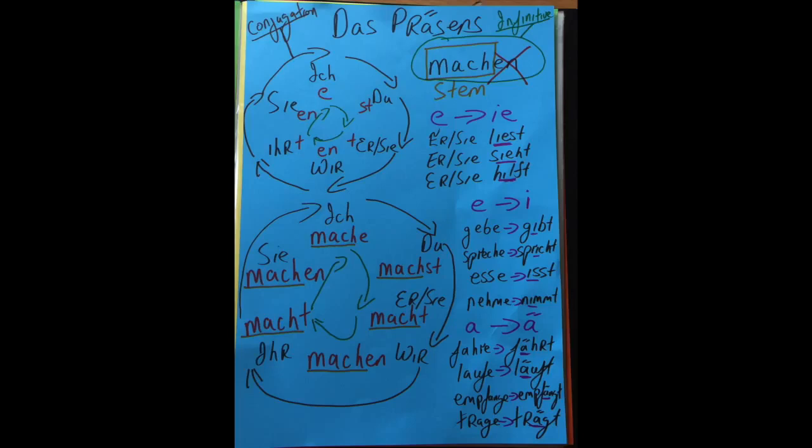So what you need to do is always remove the -en from the verb, like I've done by placing the red X over machen, to do or to make. Then you're left with the first part of the verb, which is mach. That in grammar is called a stem. These are terms that you may hear an instructor or teacher say, so just be familiar and not be scared when you hear these words. So you take the -en off the infinitive, you're left with mach, the stem. Okay, so that forms the basis of our conjugation pattern.